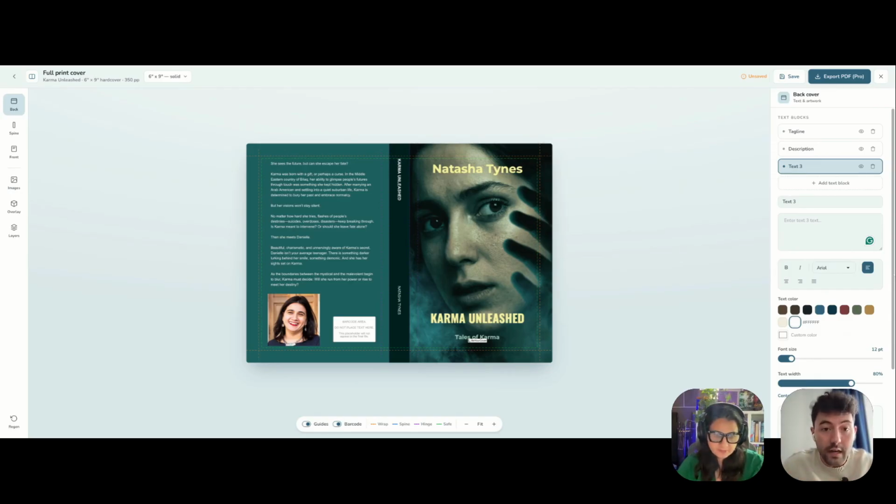And once you are ready, on the top right, you see export PDF Pro. Well, in this case, since you are not Pro, you cannot export it. And do you see that you have a watermark on the front cover that says VideoCover? So this is how you try it. Okay, so this is actually pretty nice.